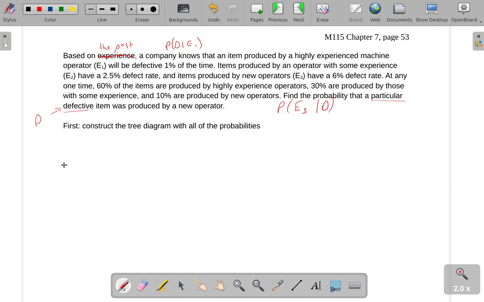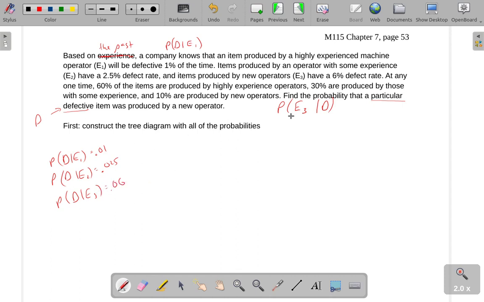Let me restate that. The probability of D, defective, given E1 is 0.01. The probability of defective given that it comes from somebody with some experience, that's a 2.5% defective rate, so 0.025. And the probability of defective given E3, we were told, is 6%,